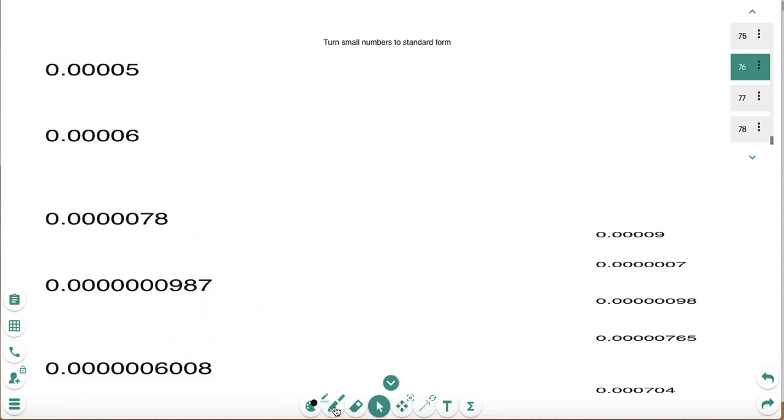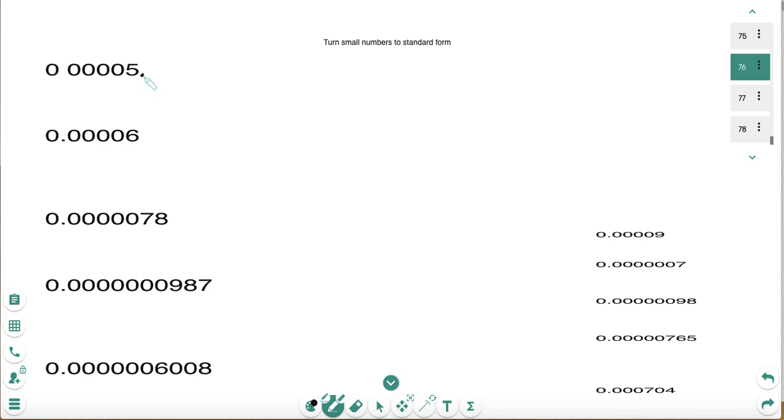Let's have a look. Same thing. Here, I already have a decimal place. So I'm thinking to myself, I need to move my decimal place so my number's between 1 and 10. So I get rid of this decimal place. If I put it here, this would be 0.0005. No. Here, this would be 0.005. No. If I put it here, this would be 0.05. No. If I put it here, 0.5. No. If I put it at the end,